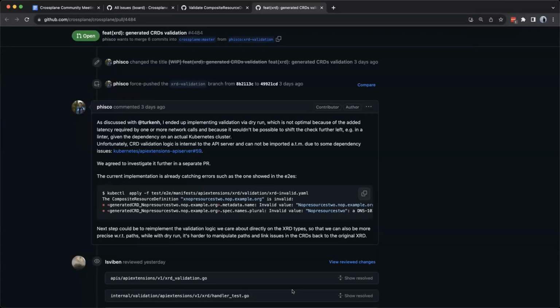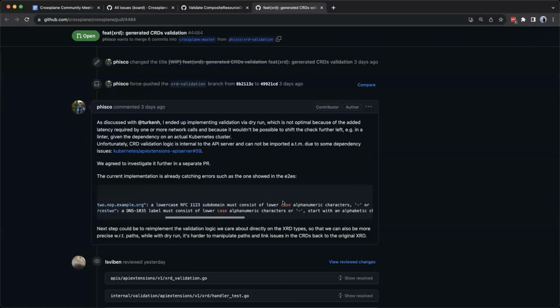Probably, I'd say you wouldn't get... I mean, any invalid XRD would still result in an error. Maybe the way we show the message could be a little bit different. For example, in the example I put in the comment, I'm saying the generated CRD has a metadata name which is invalid, which is actually due to how we put together a few fields of the original XRD.